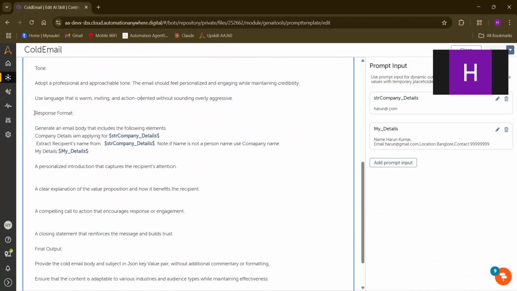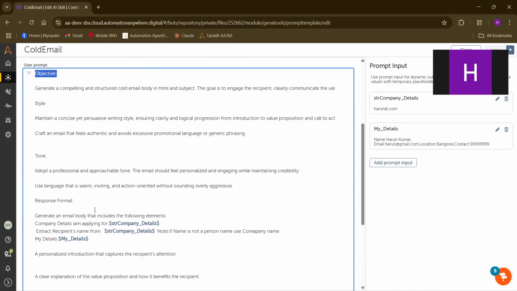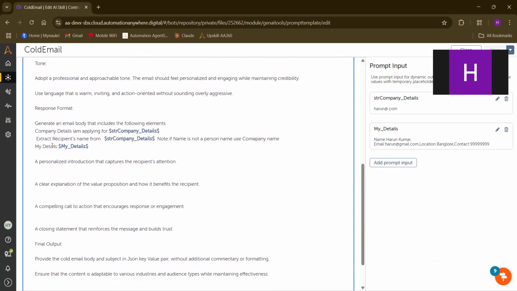Next, response format. Here I gave: generate an email body that includes the following elements. Next, the company details I'm applying for. You can see I just gave the email ID.